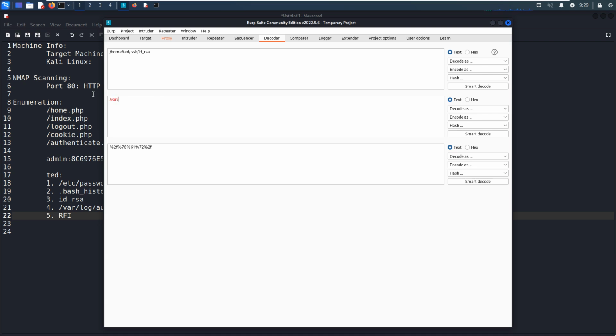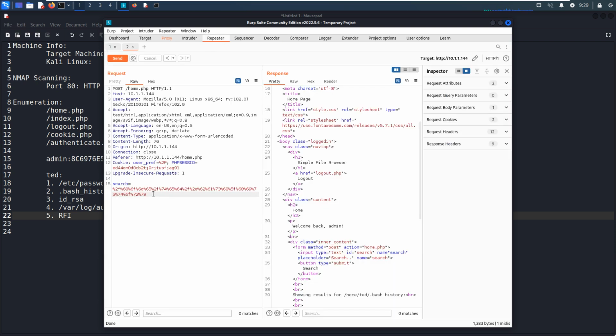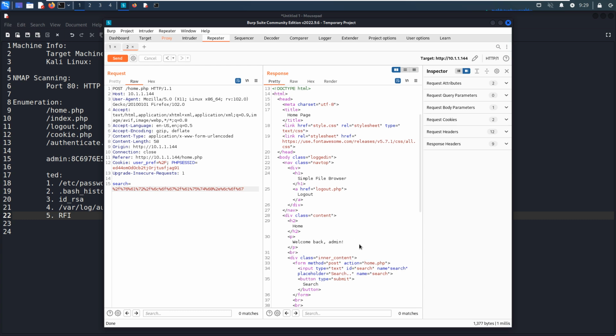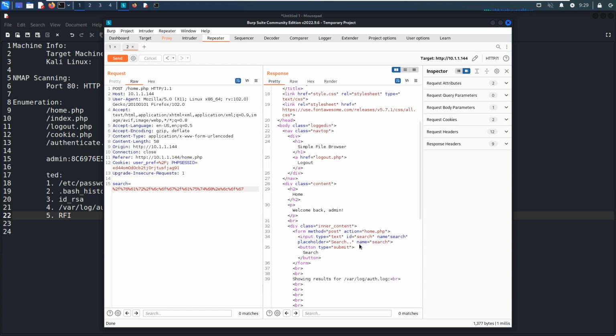Next, we can try to access the log file, and we can copy, repeater, send. Nothing returned.